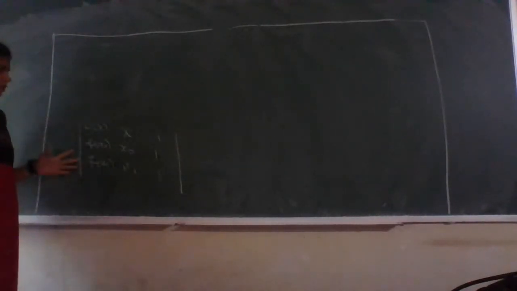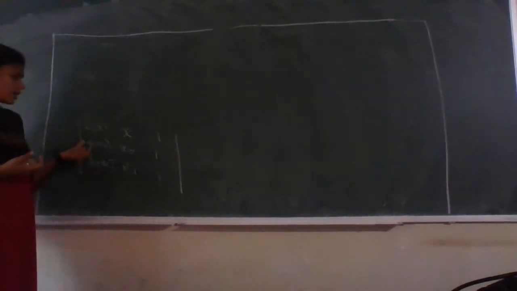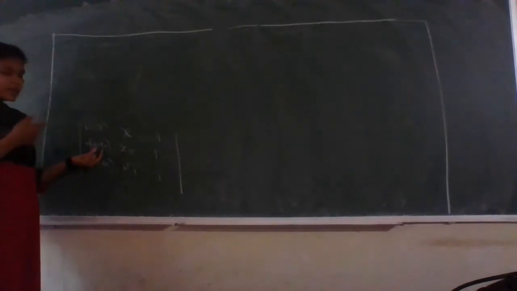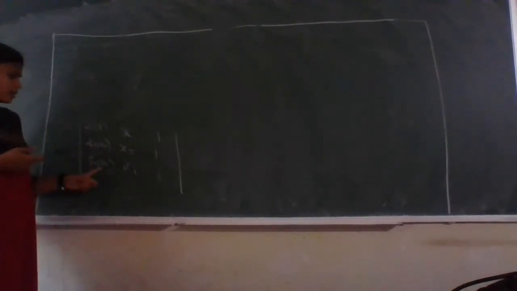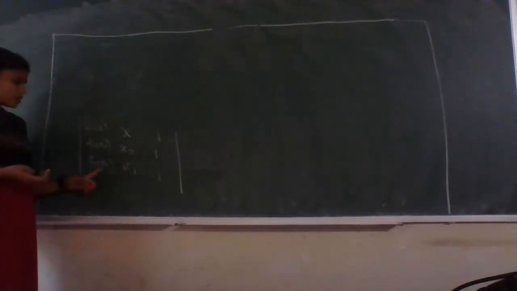So why have we used this? Why have we written these three equations? Because we want to find out the values of a0 and a1 in such a way that they must satisfy the condition of our given values, that is f of x naught and f of x1. If you put the value of x naught in your p of x, it must satisfy that equation. That's why we have written an equation which is in terms of x naught and one which is in terms of x1, and then we are going to solve this.